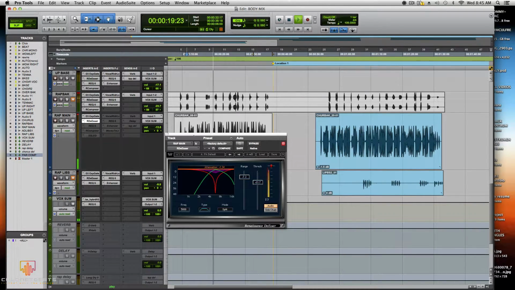Okay. So if you could see here, let me clear it on the side chain so you can see what it's doing. The range is on